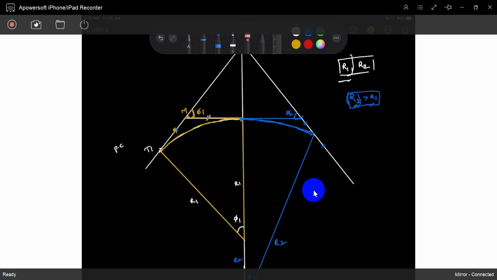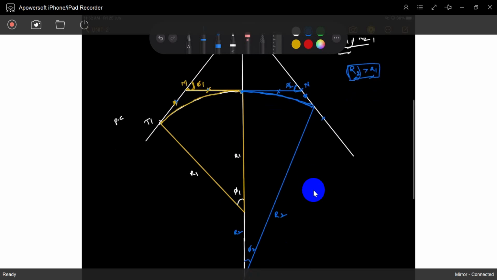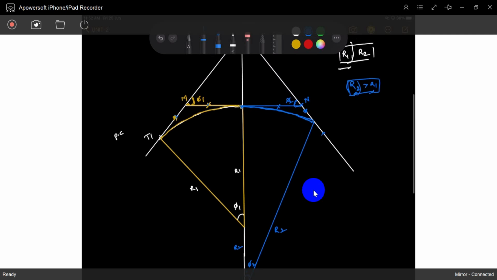So this point is some point I called n. In those, v I call it, na. So see it, this is also one simple curve. So this length and this length are equal because those are the tangents. Those are the straight lines meeting at this point n. This phi 2 is a deflection angle, equal to the angle the curve makes at the center. Are you understood? So both are summed.